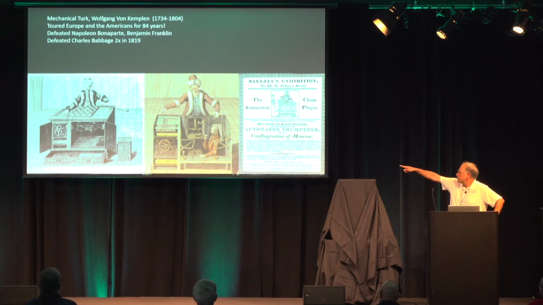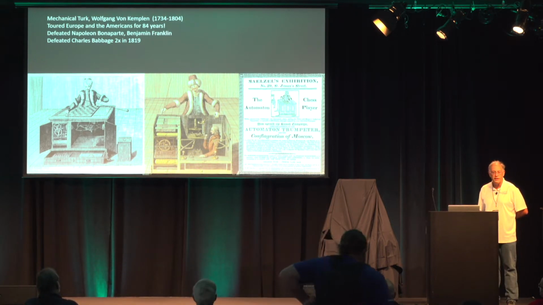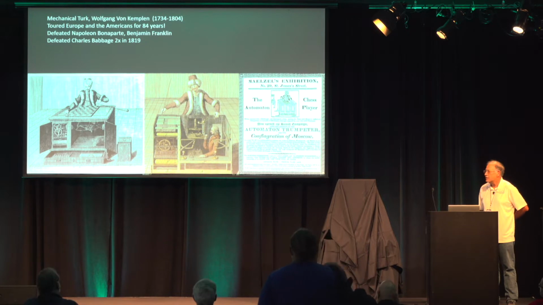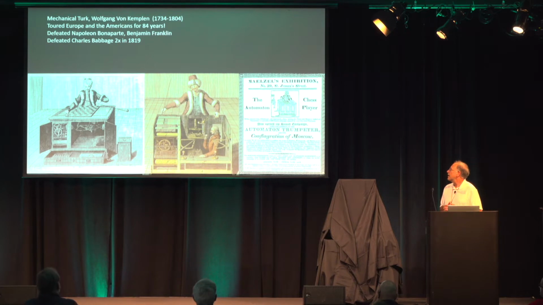So he built the Mechanical Turk. The Mechanical Turk was this desktop lectern-looking machine with a mannequin on top of it that played chess. At the time, they hid a human being, a chess grandmaster who was able to manipulate a pantograph to move the pieces. And this thing actually toured for 84 years in Europe and the United States. It's documented that Napoleon and Benjamin Franklin all played and lost games of chess to the Mechanical Turk.